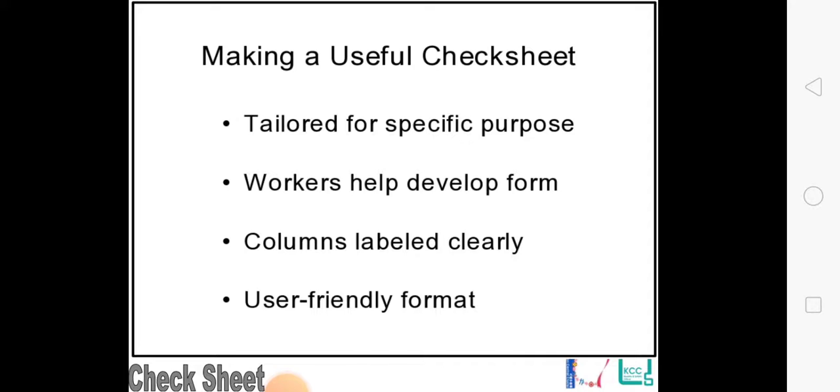Check sheets are of three major types: defect location check sheet, tally check sheet and defect cost check sheet. First is the defect location check sheet, locating when and which defect comes. Then the tally check sheet, which we use to tally something. And last is the defect cost check sheet. In the defect cost check sheet, the defect found and the cause of that defect are maintained, and this record is maintained in the check sheet.